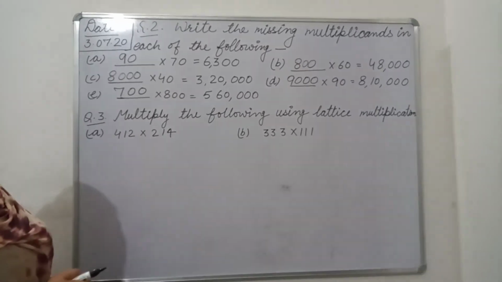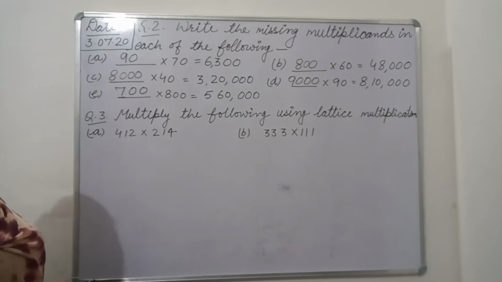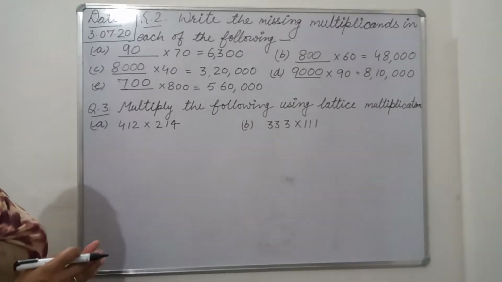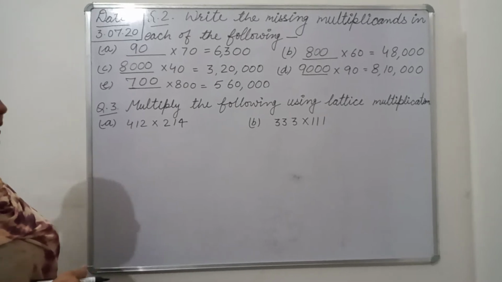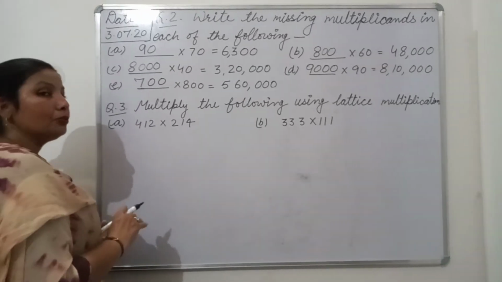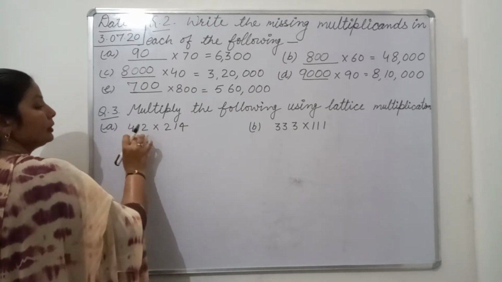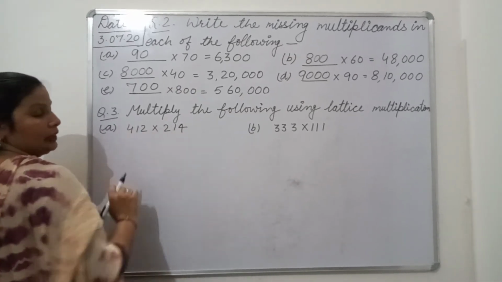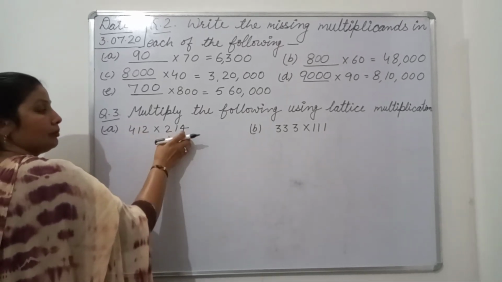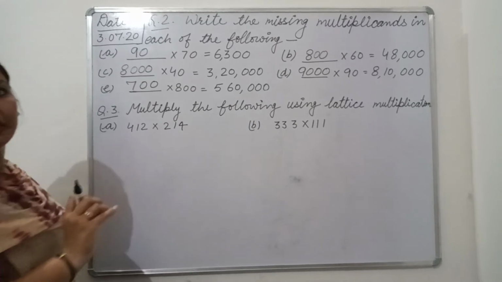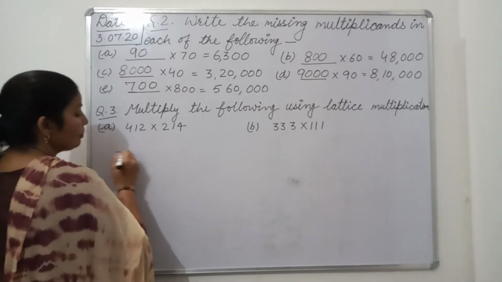Lattice multiplication is also a method of multiplication, like you have multiplication by the expanded method. In the same way, lattice is also a method of multiplication. In this, first of all make a box. You will see there is 412 multiplied by 214. So here a 3 digit number is multiplied by a 3 digit number. Both numbers have 3 digits. So first of all we should make a box. In that box we should make